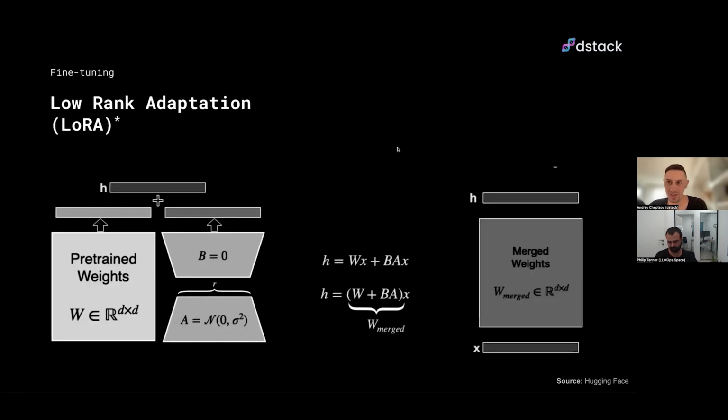Another very important technique to know, probably it's not possible to use open source LLMs without knowing this, is low rank adaptation, or LoRA for short, which is a fine-tuning technique, and it belongs to a large family of fine-tuning techniques called adapters. Again, it is not easy to explain in one sentence, but I'll do my best. What this technique basically does is the following. Again, an LLM is super large. In order to fine-tune it, you need to fit it into the memory.